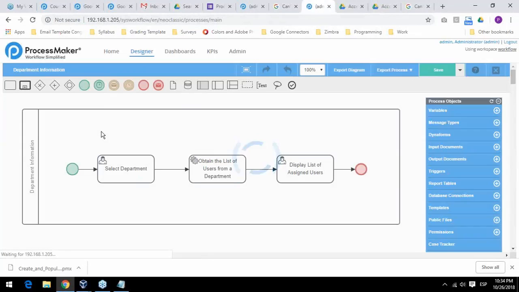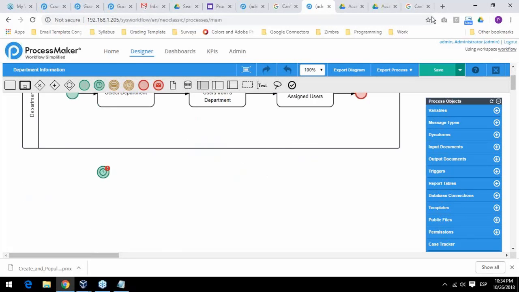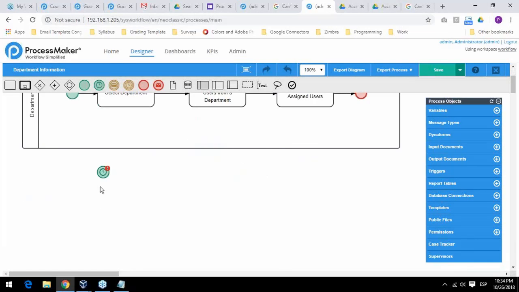Let me show you here. The timer event is going to schedule your time. It's time-based scheduled work. For instance, if you have an activity and you need it to work with a very periodic function, for instance, you are going to change the rate exchange between dollars and baht,